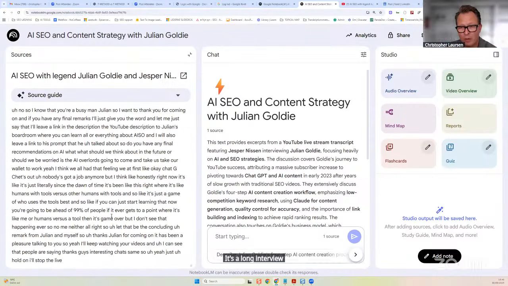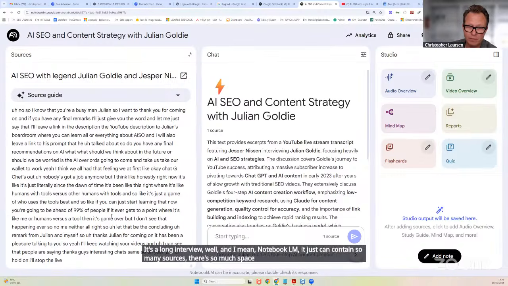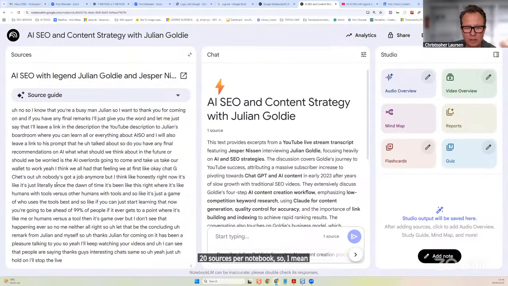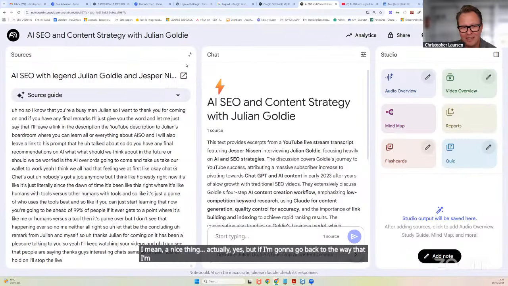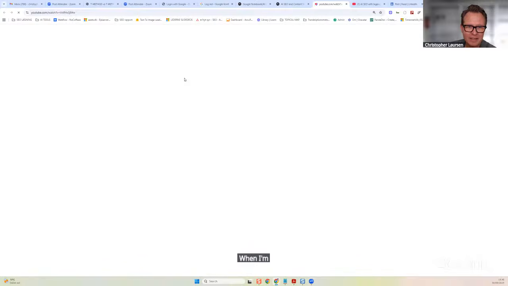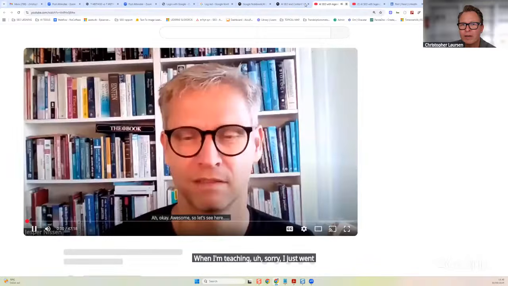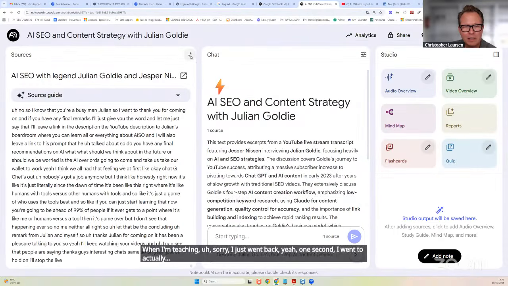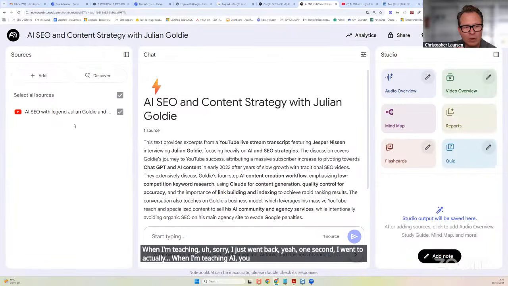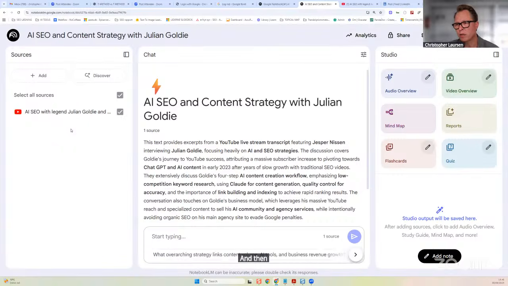Yeah, and Notebook LM can contain so many sources. There's so much space. You can create 50 notebooks and add like 20 sources per notebook. A nice thing, Jesper, is that when I'm teaching AI, I can upload another source, and then I can have them discuss against each other.